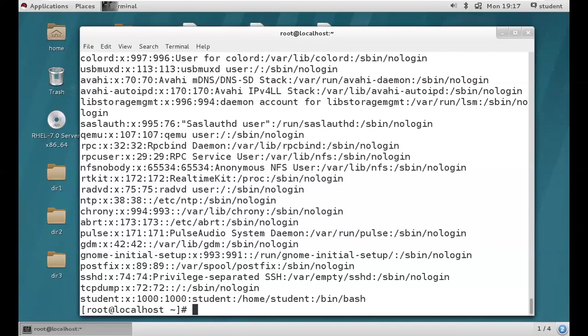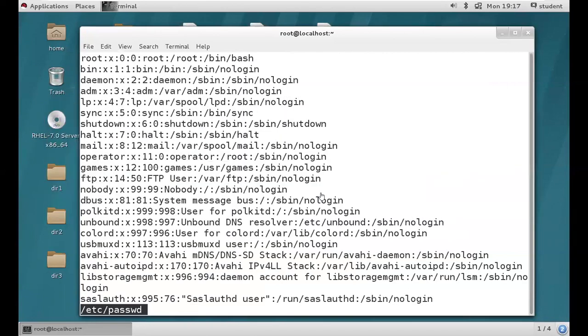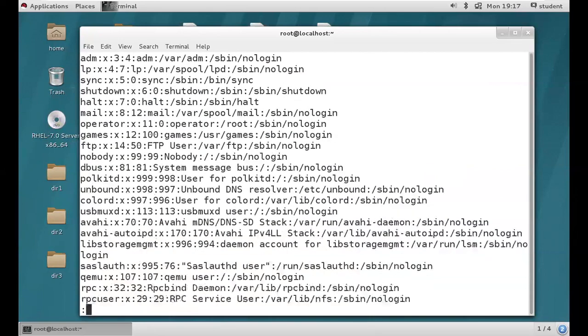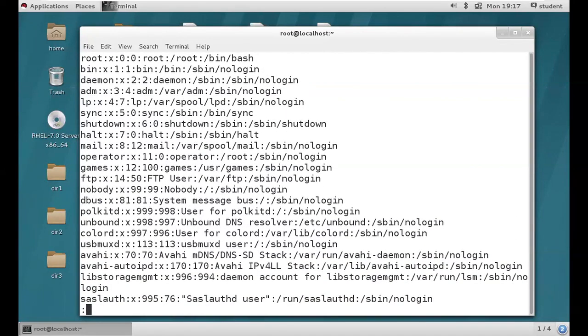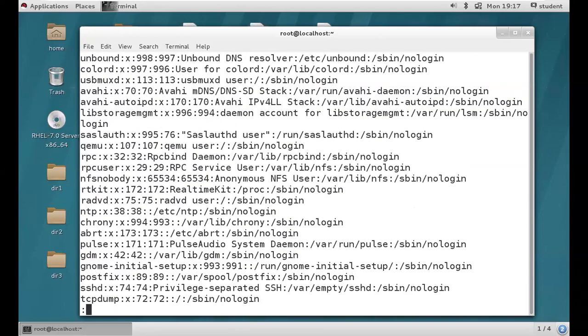With the less command, we can navigate. We can scroll up and we can scroll down like that. We can navigate the file content, okay? So instead of cat, you can use less. Less is a command, /etc/passwd is a file name, then hit enter. Okay? So clear? If you want, you can use the up arrow and down arrow to navigate the content of your file. So the navigation keys are up arrow and down arrow, right?